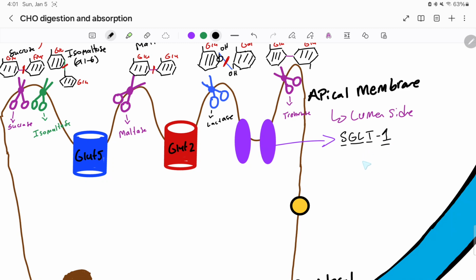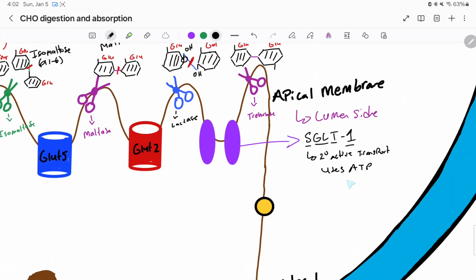And the reason why it's sodium dependent is because it uses sodium. Now also, this is actually a secondary active transport, meaning it uses ATP. Okay, so it's an active transport that uses ATP, and furthermore, it actually